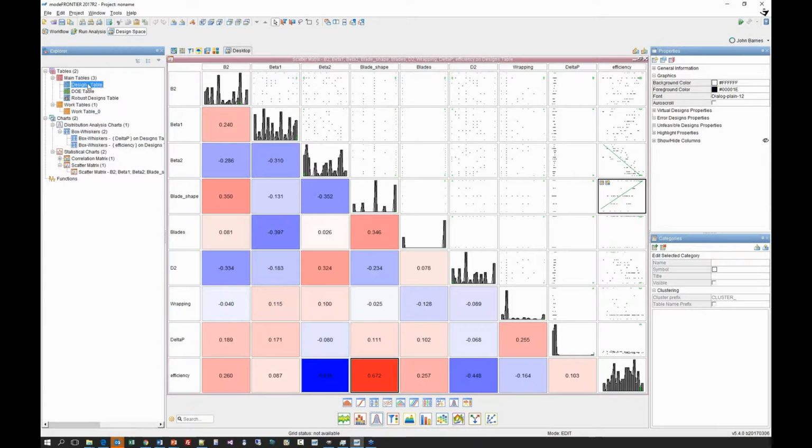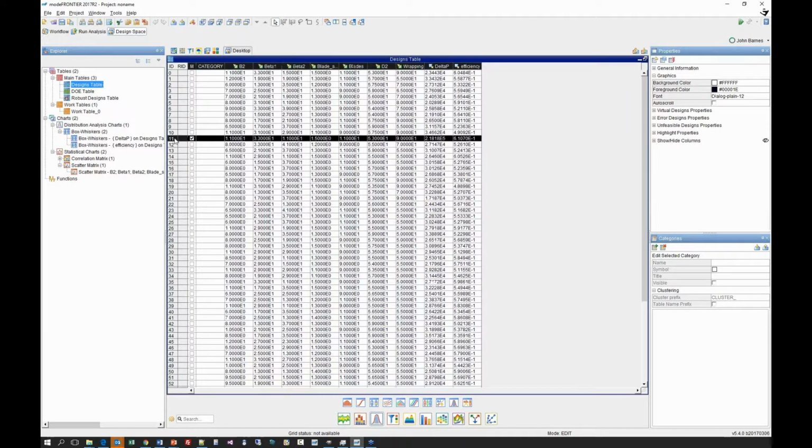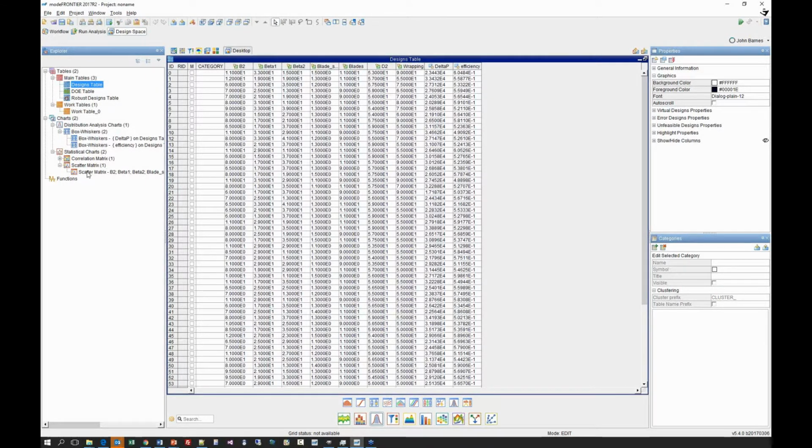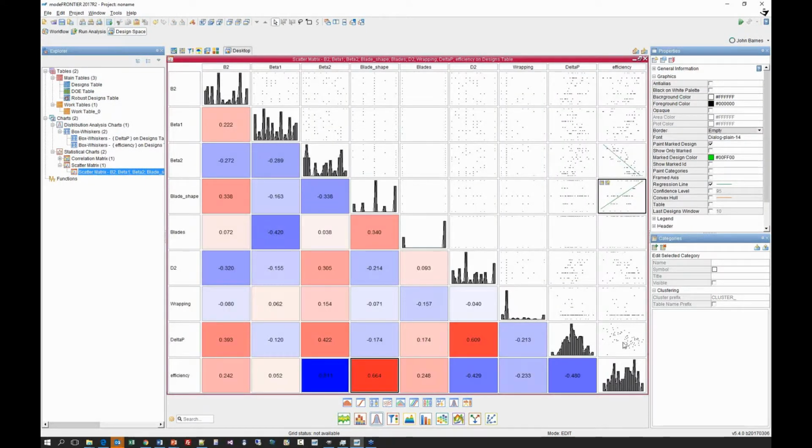So I could go to my design table. It's also marked in my design table as ready for me to delete. So I could then remove that particular design, and then that alters how the scatter graph is shown, and then we could look in. So we can clean up and tidy up data using the box and whisker plot charts.